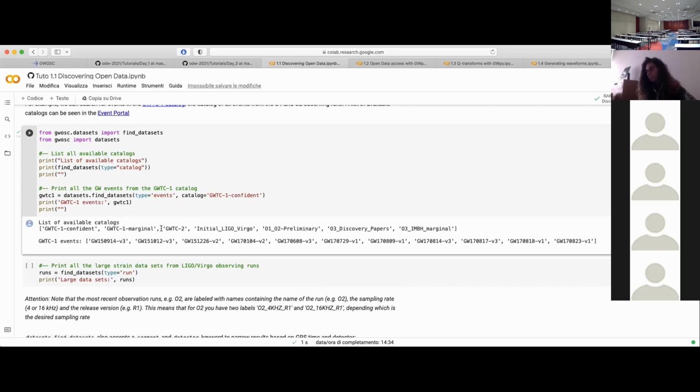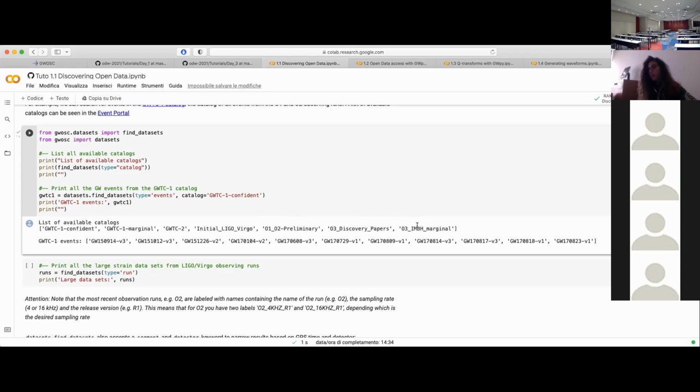And then there is the second catalog, the initial LIGO and Virgo detections, so the first three events of O1, basically. Then O1 and O2 preliminary, so the reanalysis of O1 plus other events of O2 that were published before the catalog, and some events of O3 that were published before